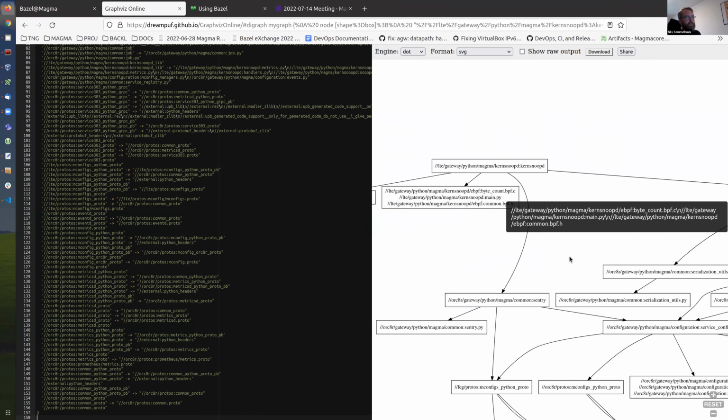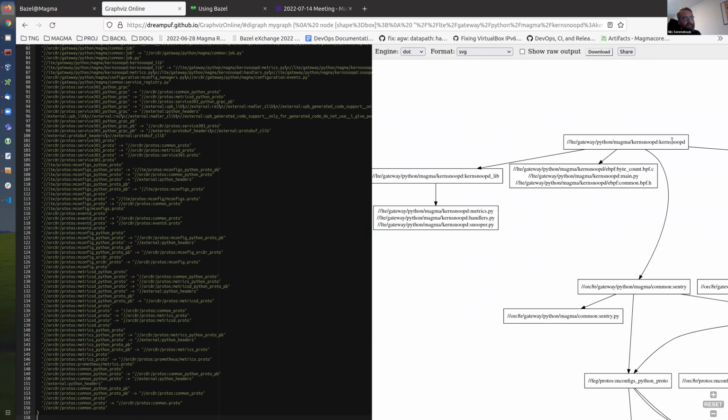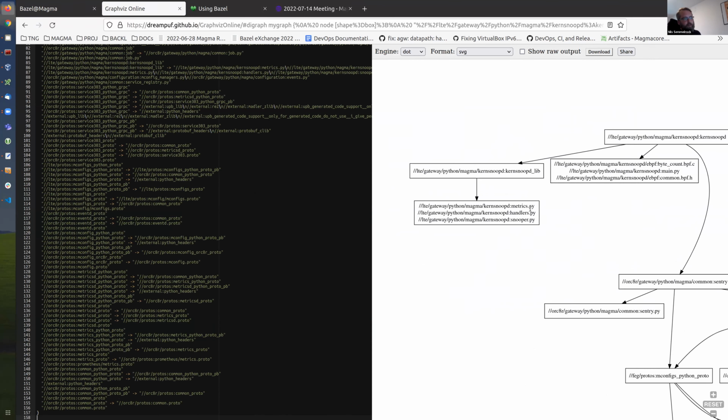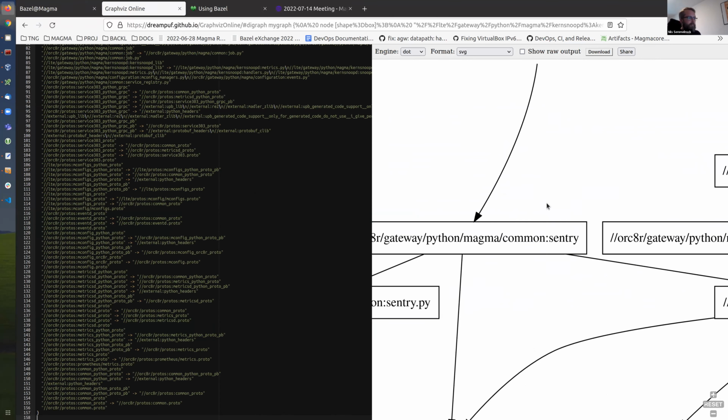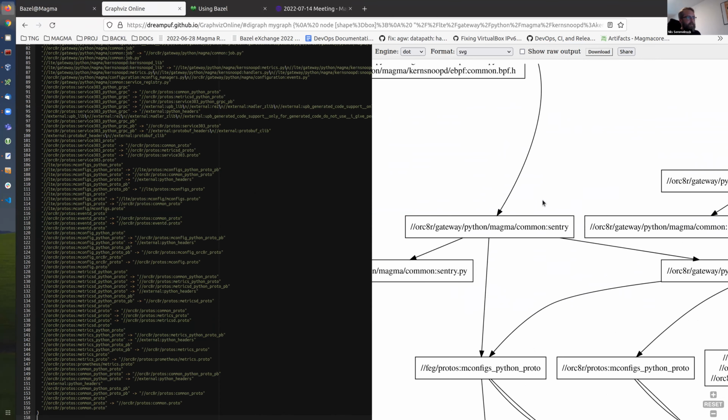Just a quick look. This here is the binary itself. There are some eBPF dependencies. There's a dependency on the kernel library that includes all the source files of the service. We see a direct dependency to Sentry in common.